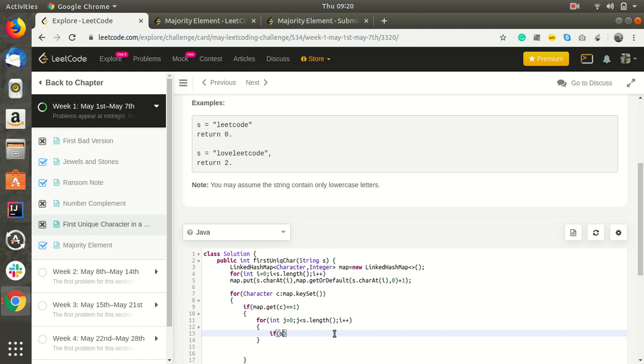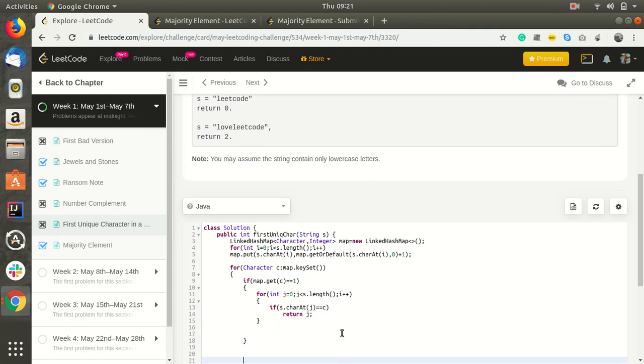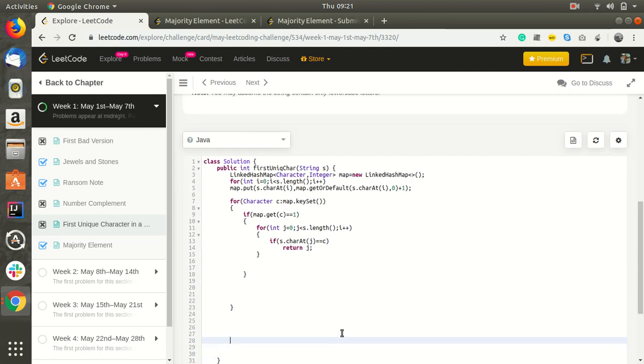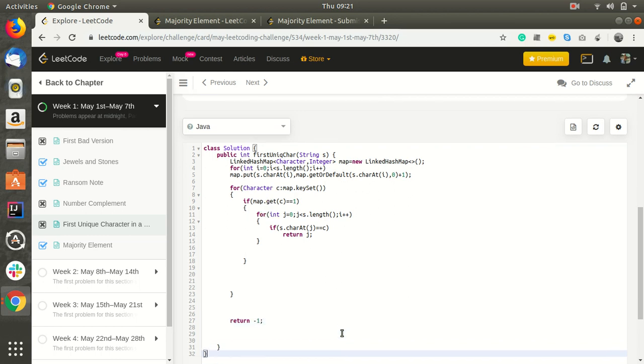If s.charAt(j) equals C, return j, right? Else, if it is not present, if no value is found, then return -1, meaning non-repeating.